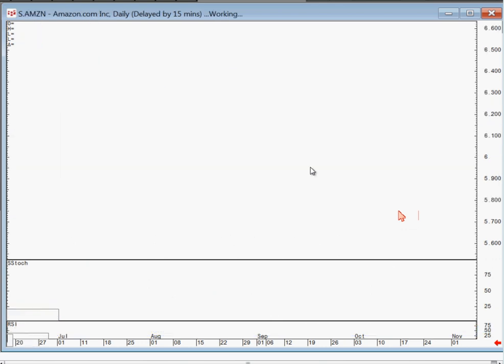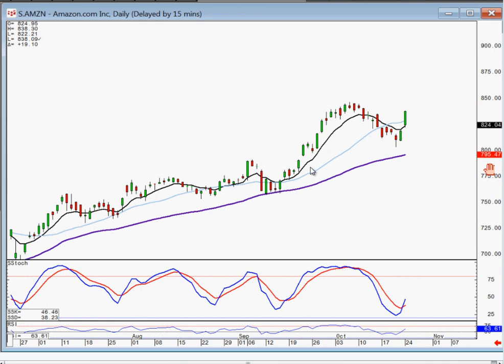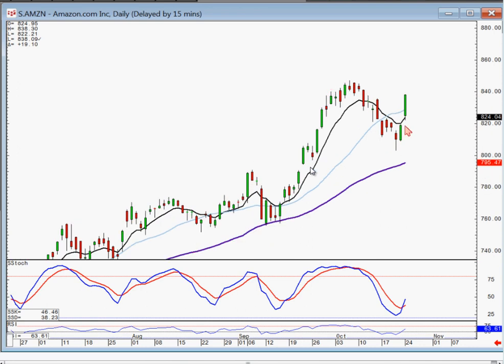Oh, I didn't do the biggies. Here's kind of a J-hook pattern on Amazon. Wave 1, wave 2, there's your bullish engulfing signal. There's your gap up, confirming the bullish engulfing signal, confirming that the T-line's not acting as resistance, and telling you this little downtrending channel is not acting as resistance. So we can kind of calculate what our next upside move could be. This move into this move. So if we know that's about the magnitude of our price move, now we've got a lot more opportunities to set up a strategy that's going to help us as far as our risk reward. If you're the type that can't buy an $840 stock and you're looking at options, well, we can figure out a lot of little option strategies,